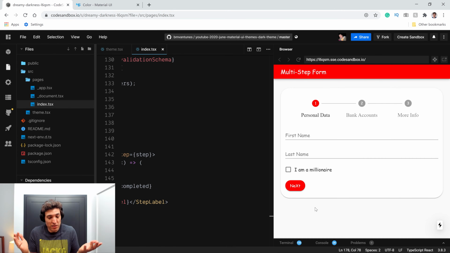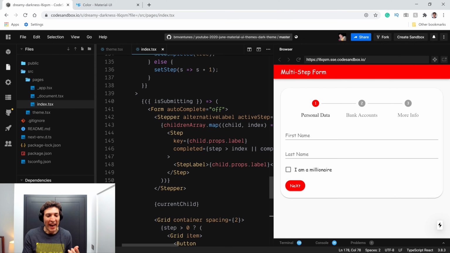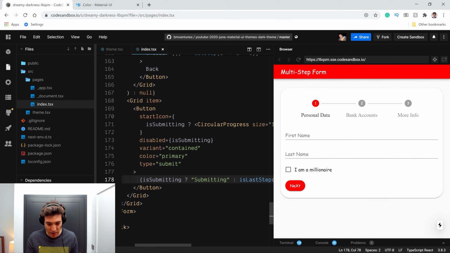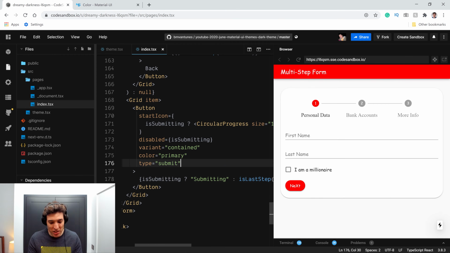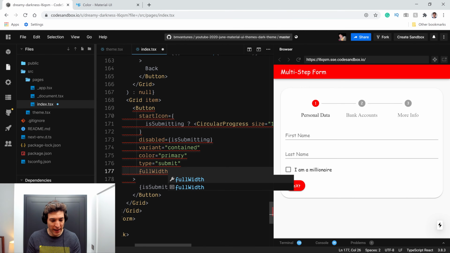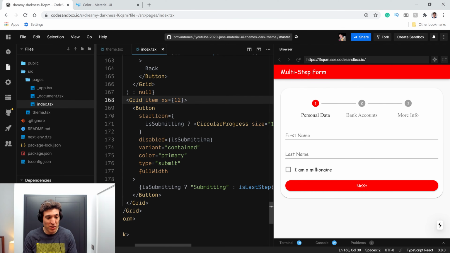So that's good, right? Let's just close this one, and I will do one more thing so you can see how it works that way. Let me go over here to the bottom again, and let me just pass a full width to this component, right? And I can also say in the full width of the component that the grid item is XX12, right? And so now our next button will be full screen, and that's okay.